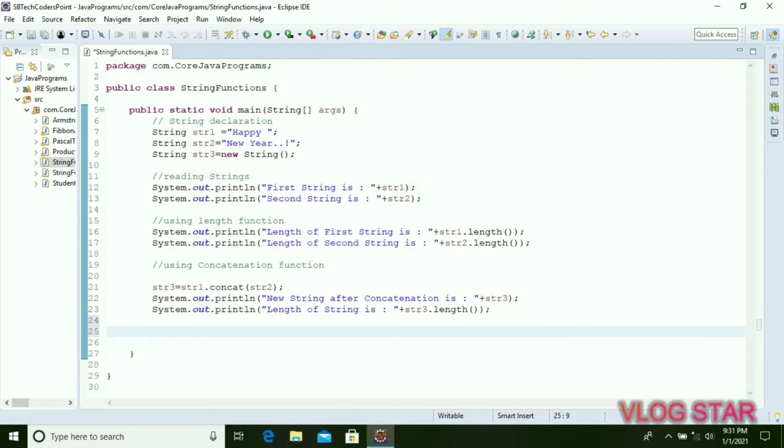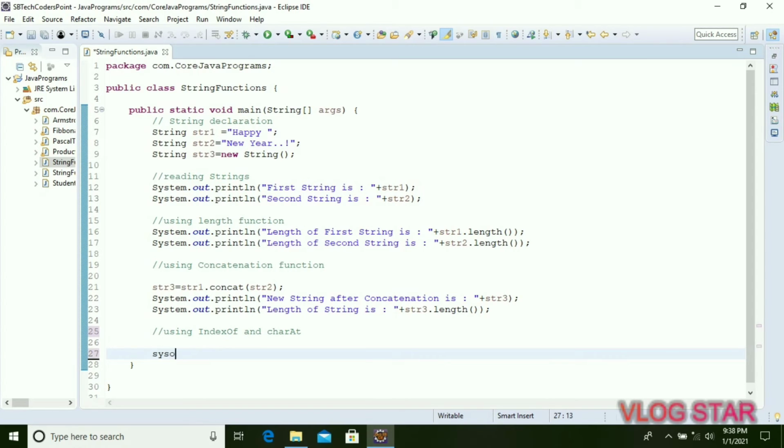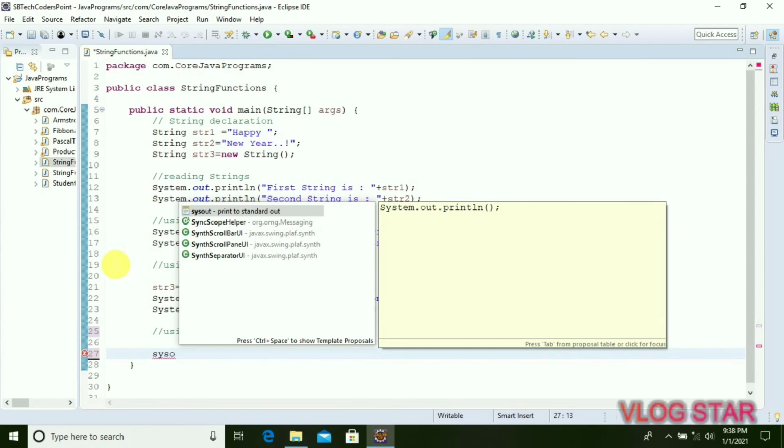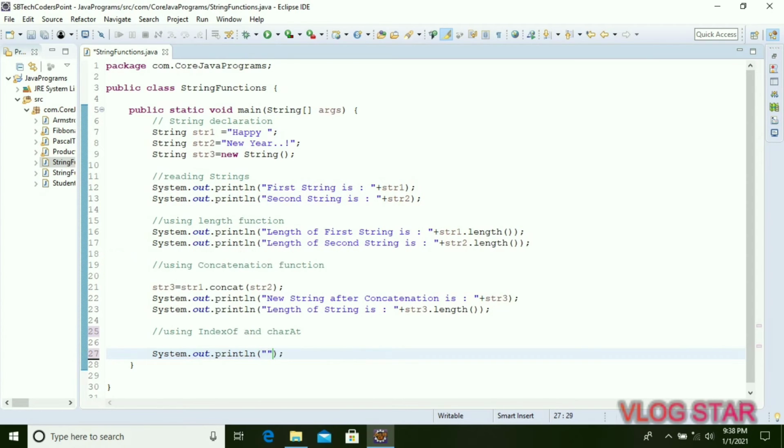Now after this we will see our next function, which is index of and character at. So we will write comment as using index of and character at. Now here we require system.out.println, and within this we will print index of.